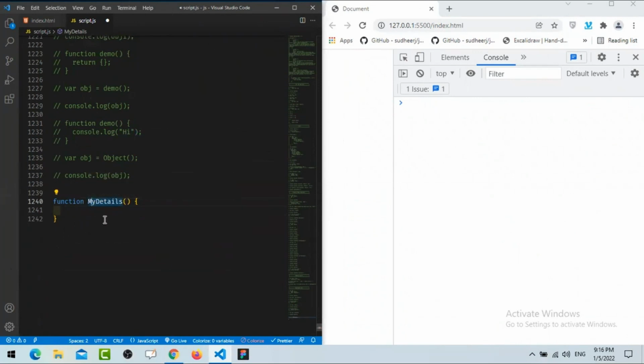And I'm writing here M as capital. Generally we follow camel case notation, but whenever you are going to create a constructor function, you always need to follow this: the name should start with the first letter in capital case. Now here inside this function,